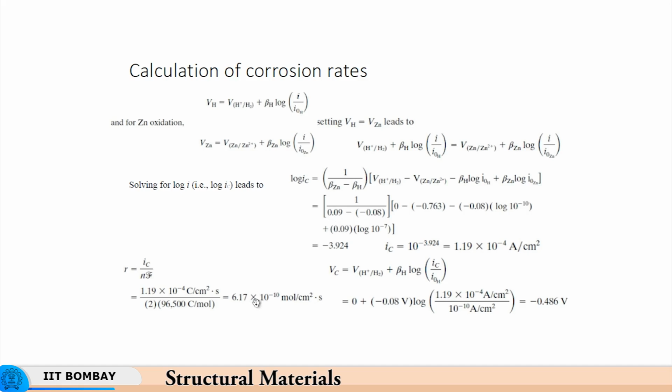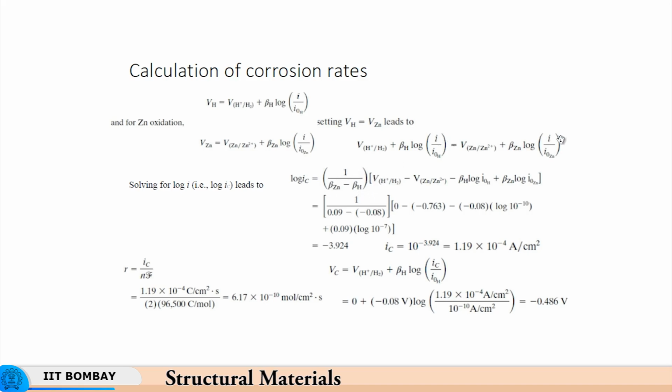So, that is the rate of corrosion. In order to calculate the corrosion rate, we need to find the value of IC, that is the corrosion current. So, if one solves this equation for IC, so this basically is going to be IC, right,